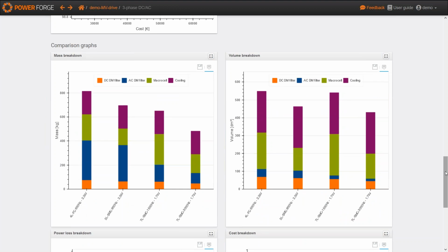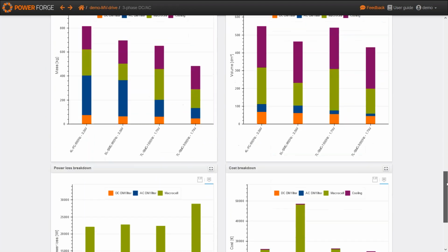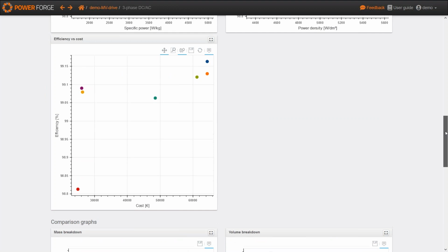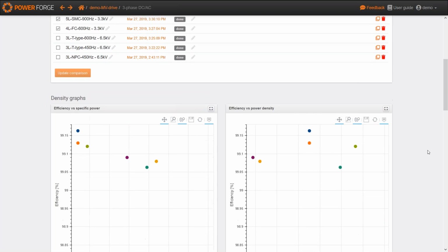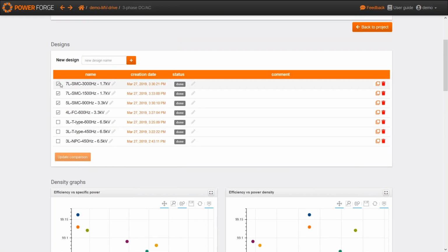And so here are the different contributions for the old design. So this is the kind of trade-off we can perform with PowerForge. And when the designer wants to pick one of them in order to keep on his design process in PESIM, for example, this is possible. He can use the export